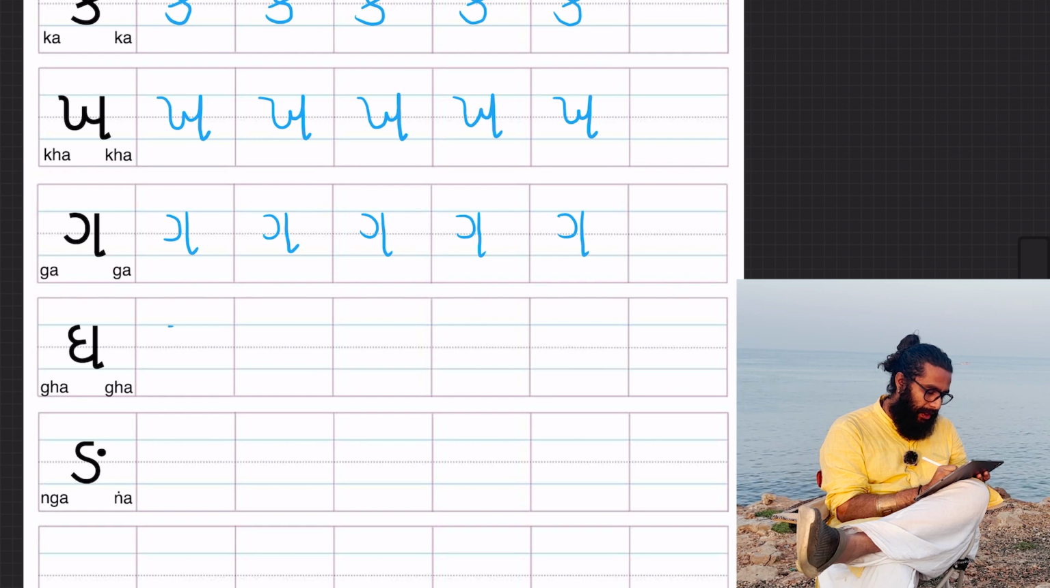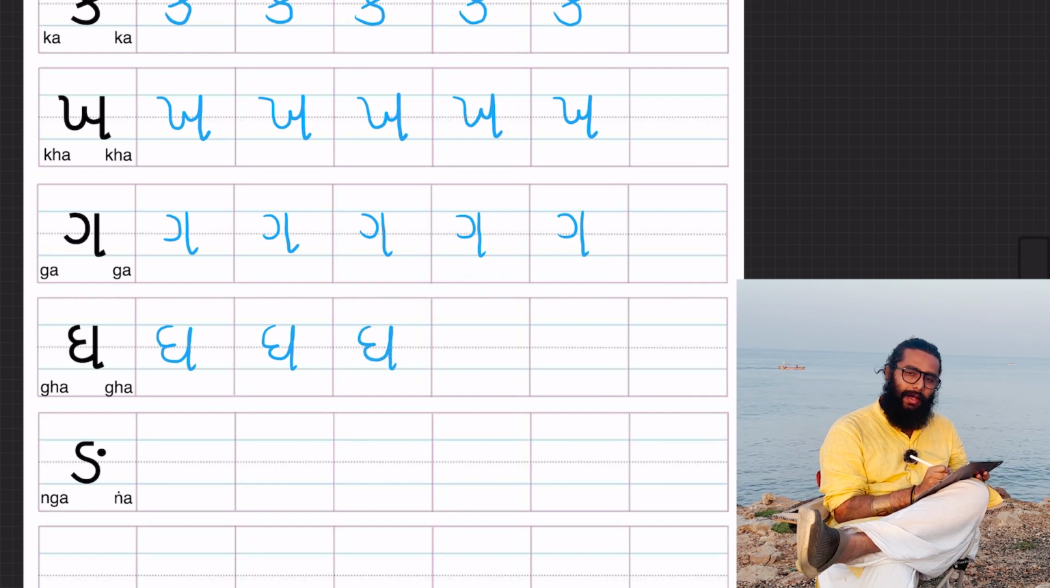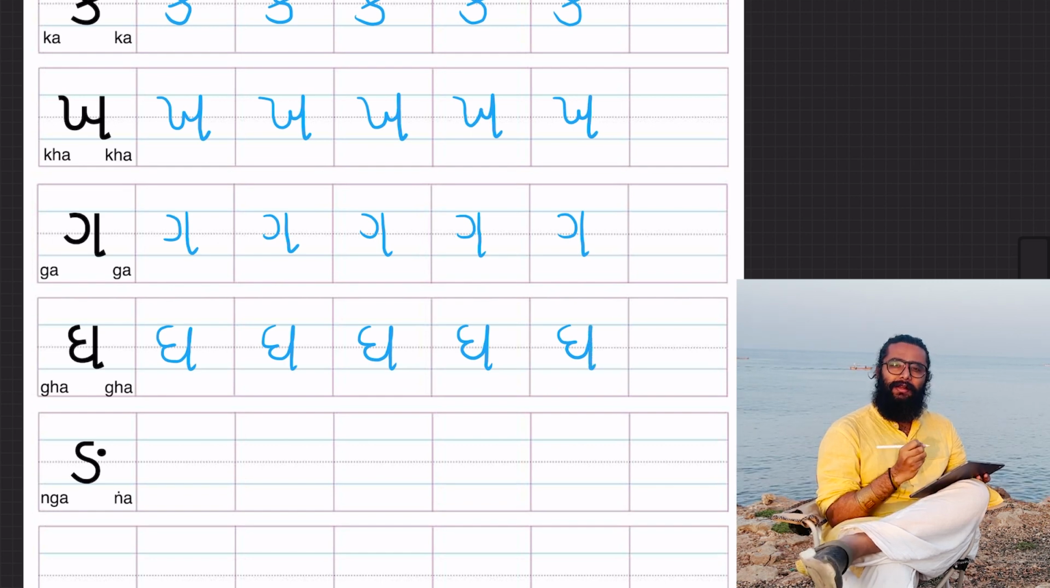The tip starts like this, curved. This is gha. Gha, gha, gha, gha. The final consonant in any row of consonants is a nasal sound called an anunasika vyanjana, and this